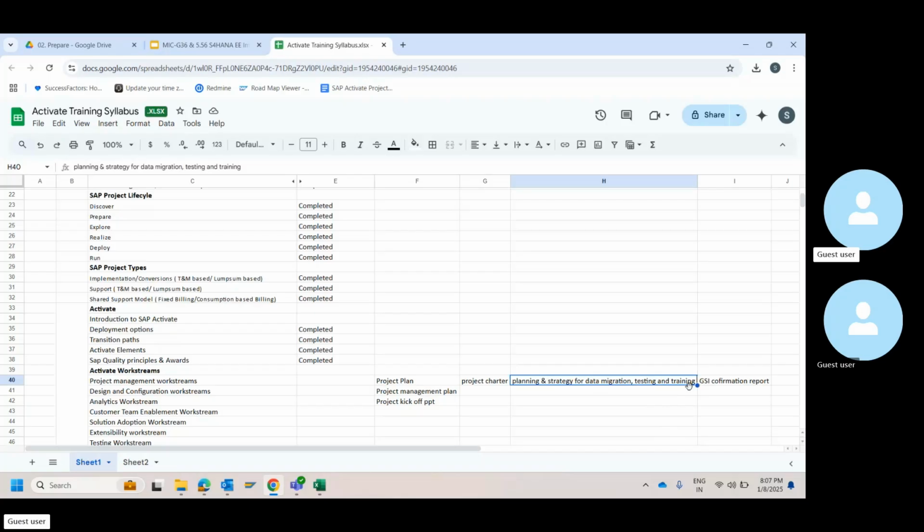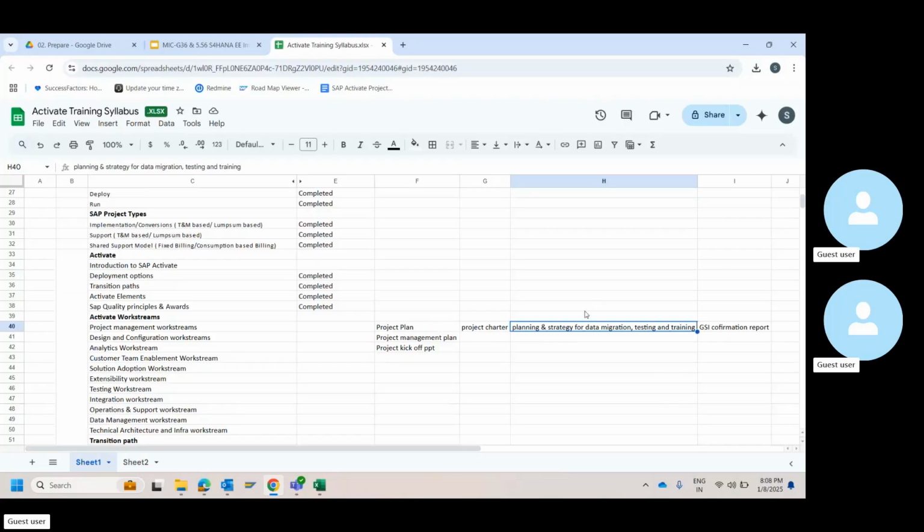If you feel there are any additional things that you need to take care of, additional strategies to be put in place, additional plans to be devised, you can do it in the explore phase and add it to the second version of the document and circulate it to your team members. What is in data migration, testing and training, we looked at on a very high level. The details will anyway go through in the work stream sessions.